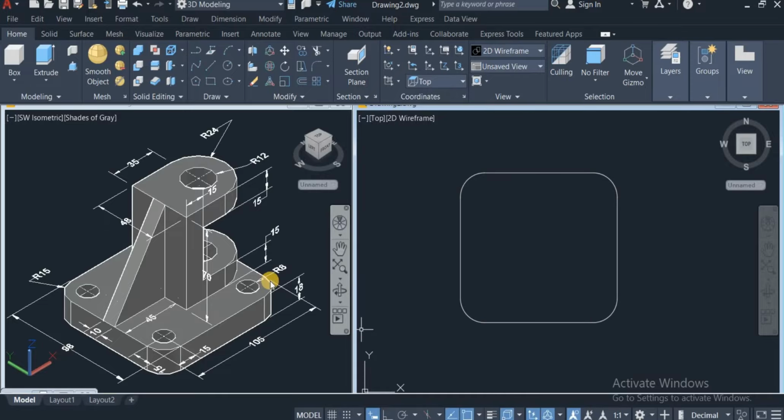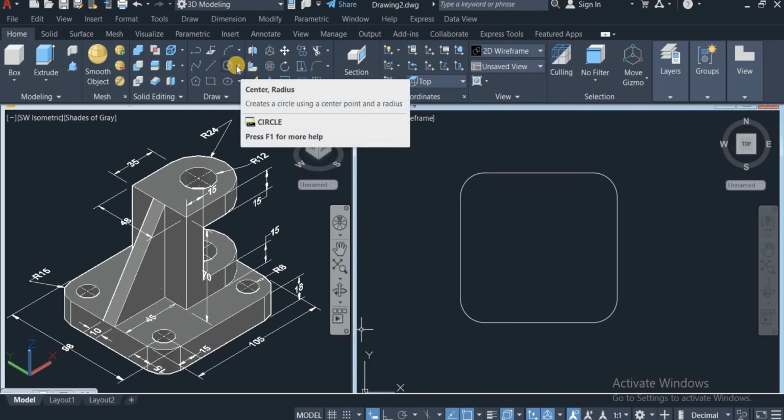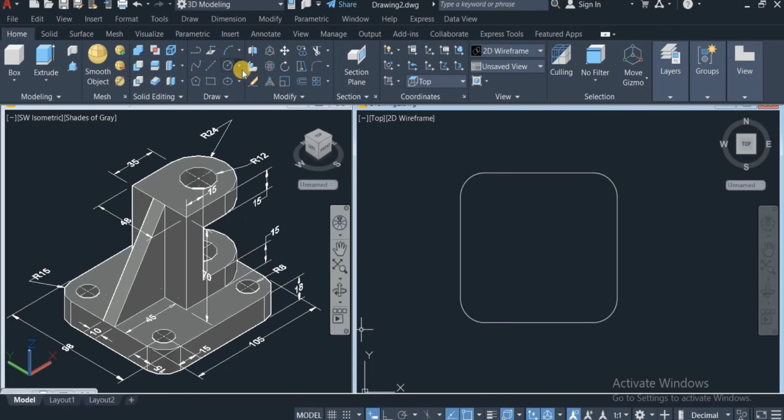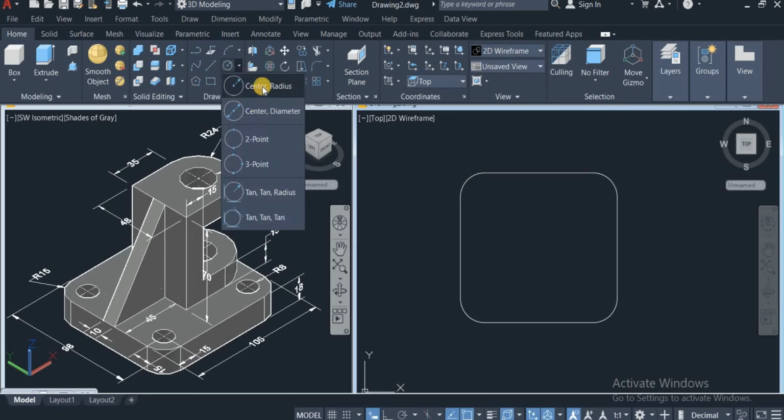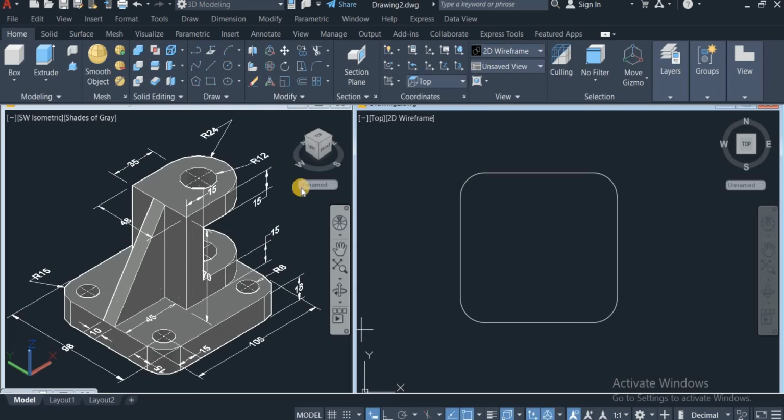So next I'm going to create these four holes, and the radius of the hole is 8. So come over to the draw panel again, click on the circle command, click on this arrow, and click on center radius. So when you hover your mouse over this, the center of this fillet will automatically be spotted, which is this point. Now enter 8 as a radius